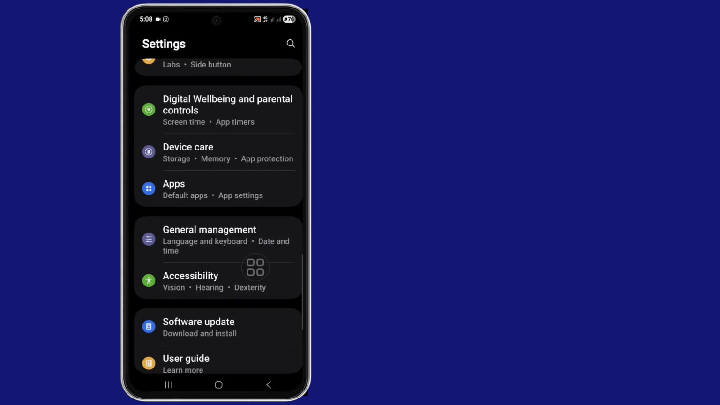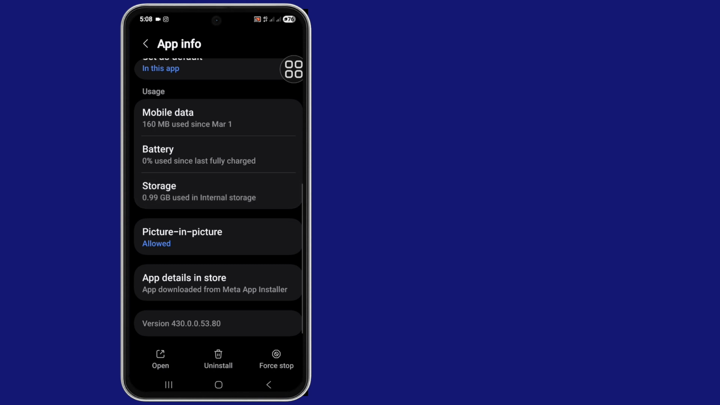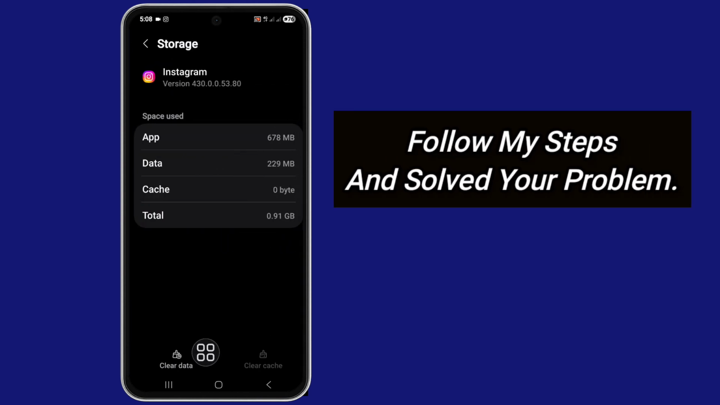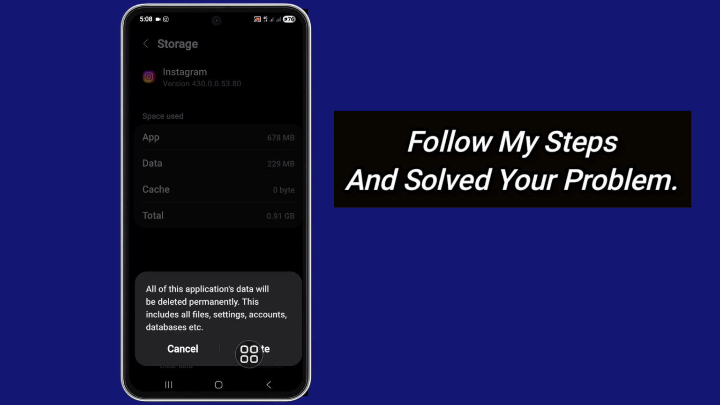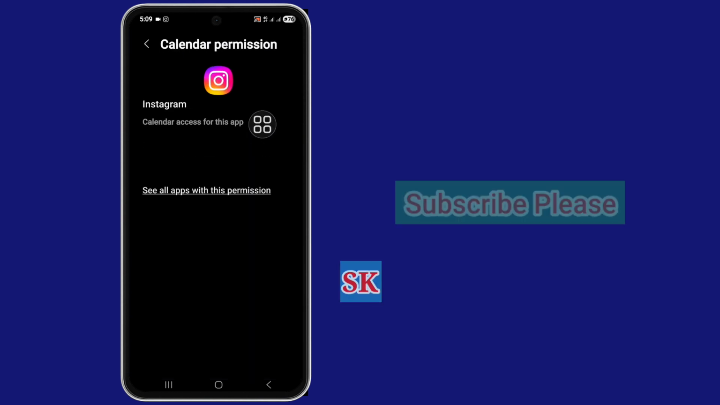Now tap on the Apps option, then tap on the search bar and search for Instagram. See, tap on the Instagram app and scroll down, then tap on Storage, tap on Clear cache, and tap on Clear data, delete. Okay, back. And now tap on the Permission option and allow all permissions, first to last. First, Calendar, allow,